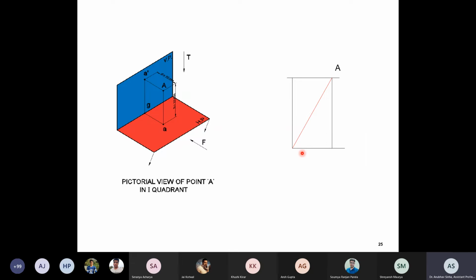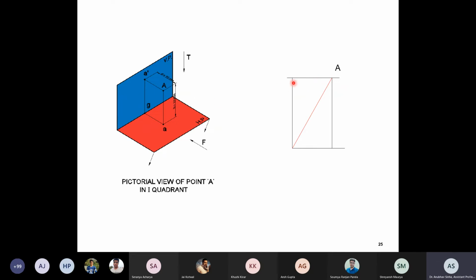Another thing is that if you want to measure the true distance. Let us say point A, how far is this point A from this line, from the reference line? This is also one question in your sheet. So what you need to do is draw the view from this left side. Basically, you know the x and y coordinates. You have to take a square root. Square root of 15 square plus 10 square is your answer.